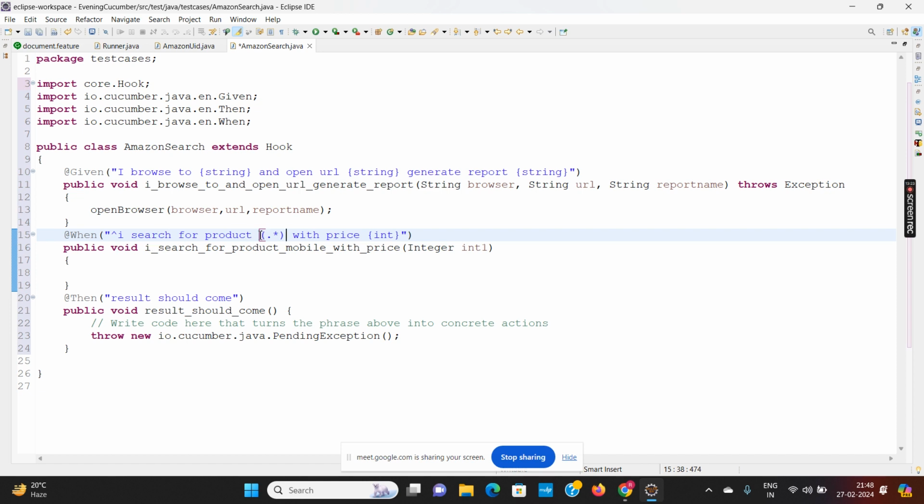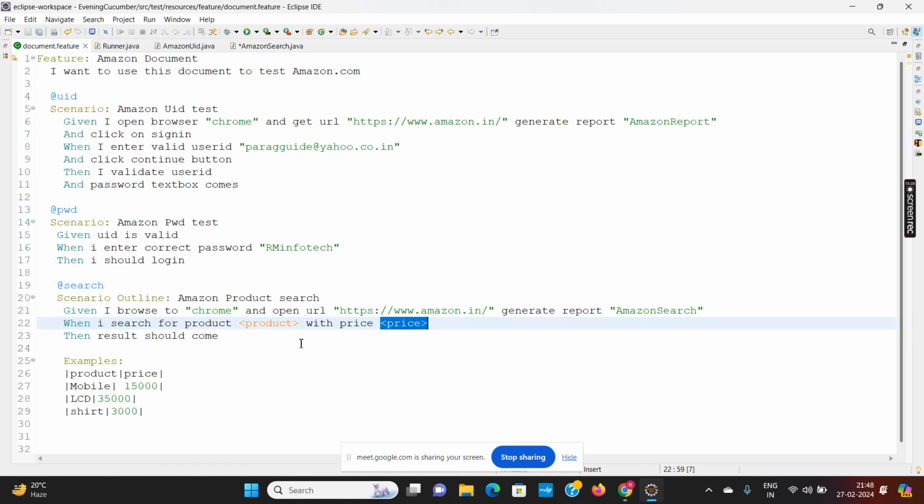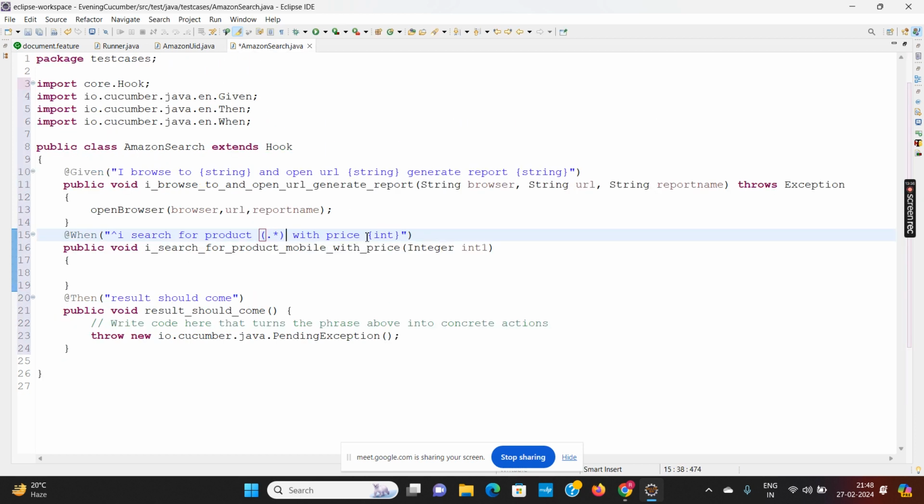I search for product, multiple products, with price, again with price, and I want to pass multiple prices. Instead of using int, because I want to pass multiple data, dot star. So these are the changes you have to make.